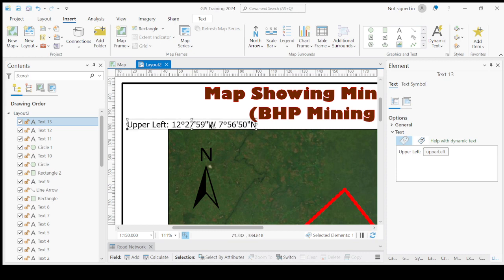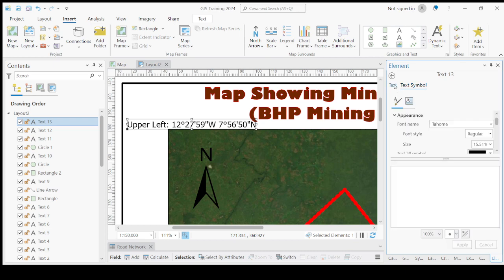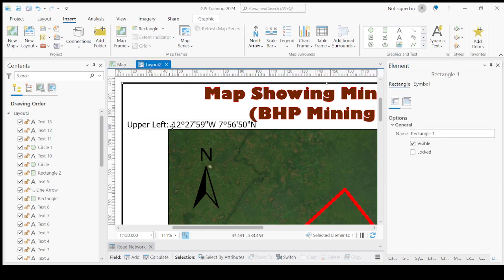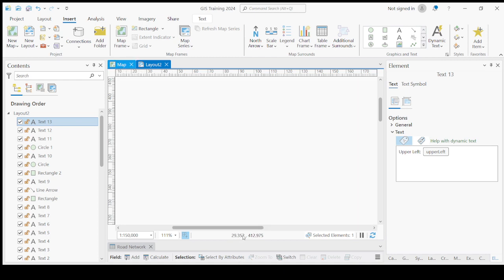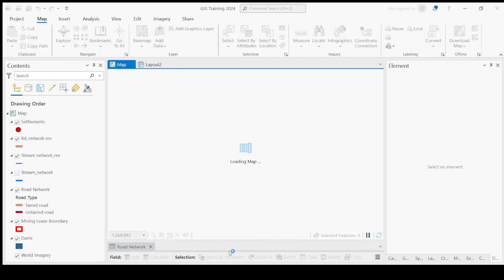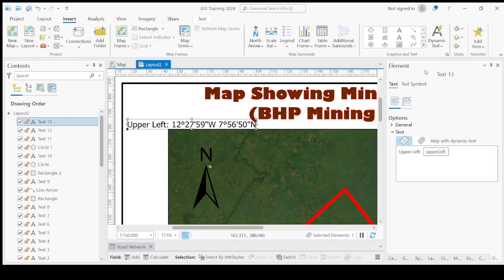I think we need to change it to UTM. Probably we can come to that later. Let me see what coordinate system I am using. So you can go to dynamic text and select